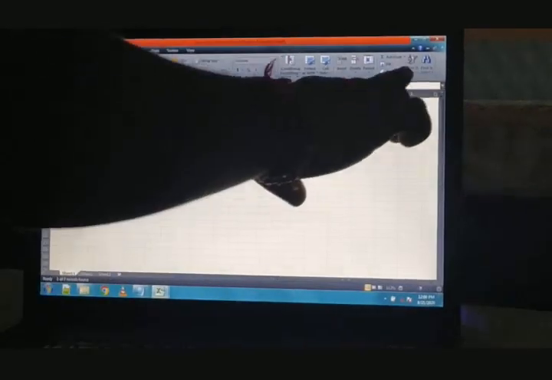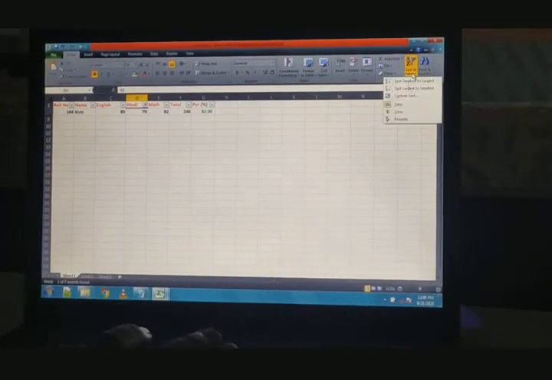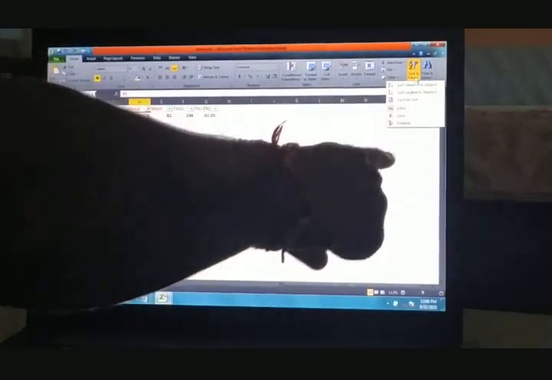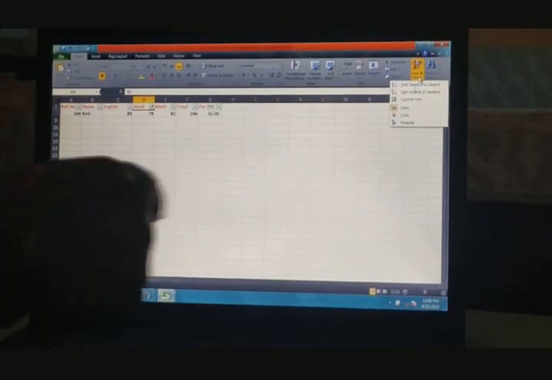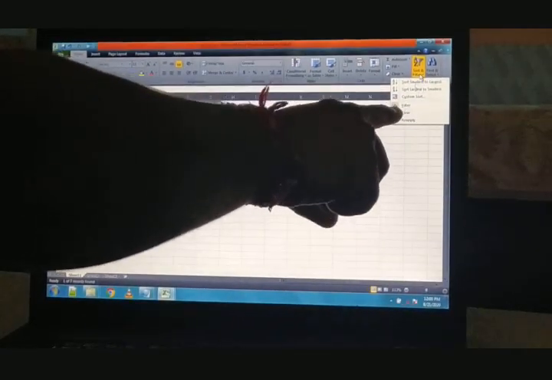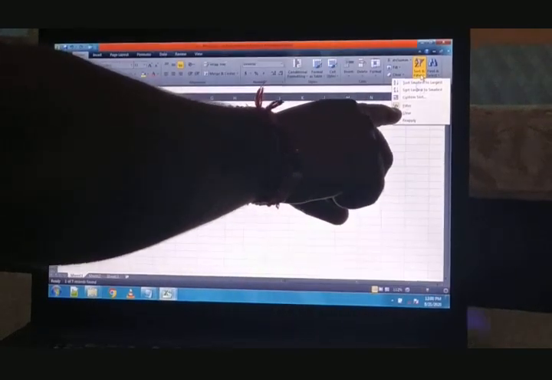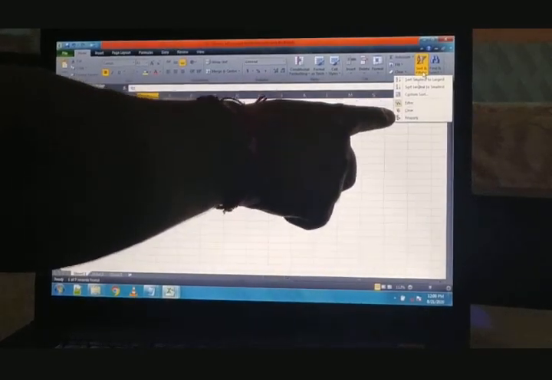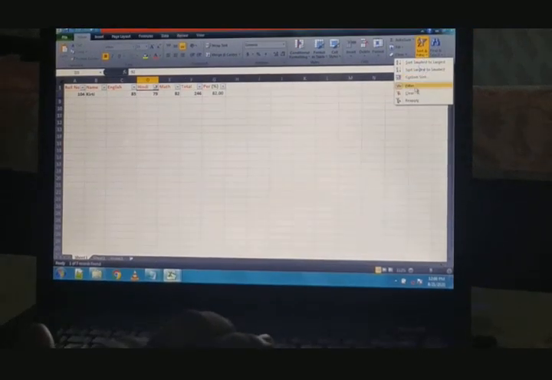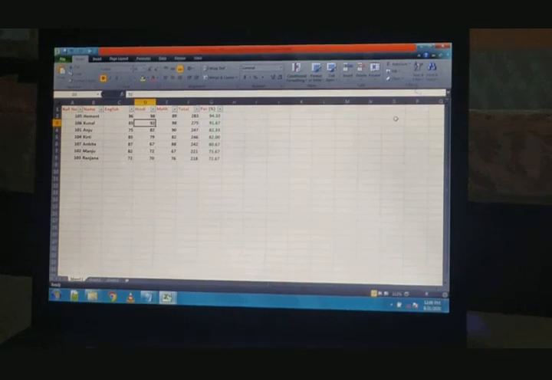Then again we have to go to the sort and filter group. Now there is an option for filter and an option for clear. You can click on any of them. This is the filter icon that is auto selected. That means filter is activated. You can click on that to deactivate it, or you can click on the clear icon to deactivate this filter. So I click on the clear icon. This is the clear icon according to your book. Now you can see that our other records have been displayed also.